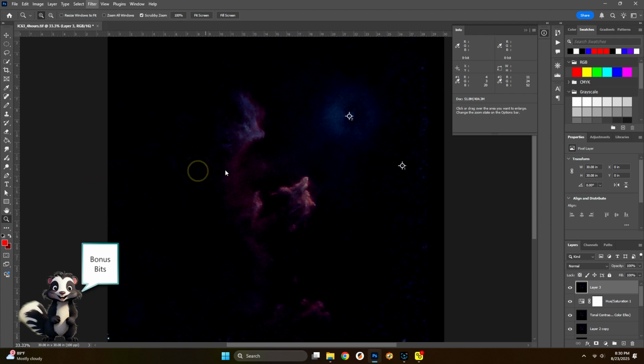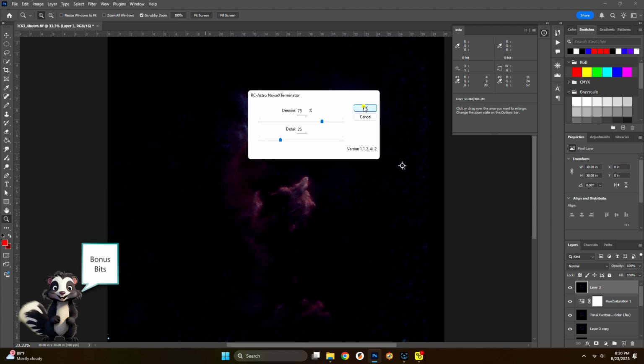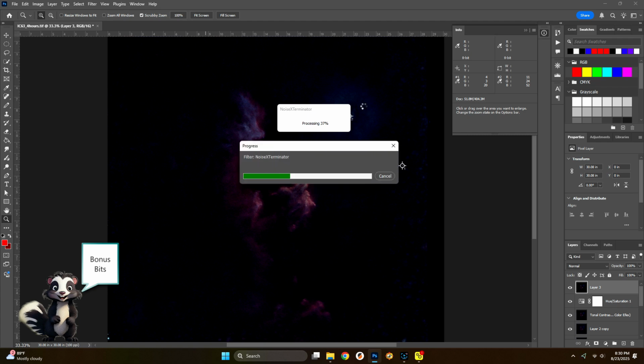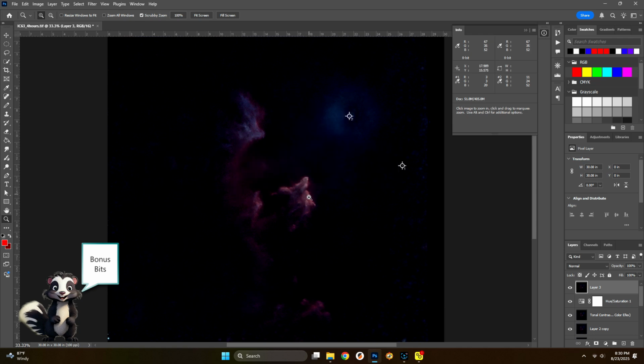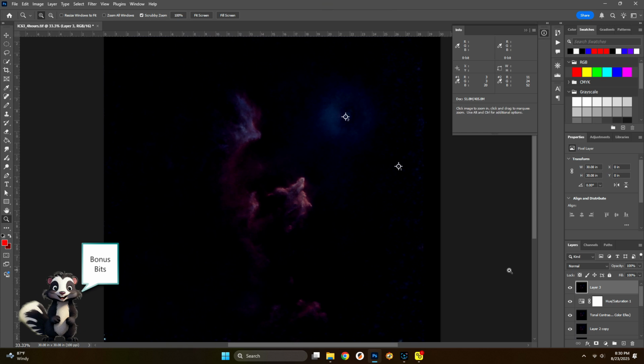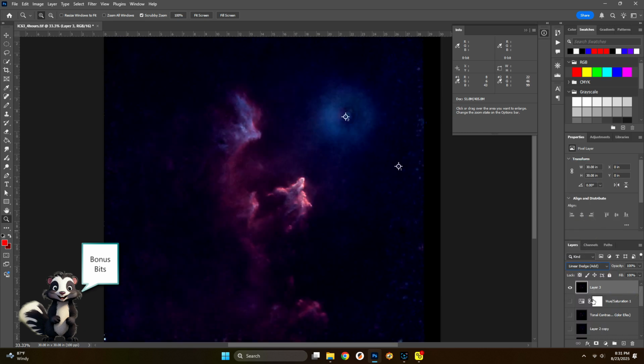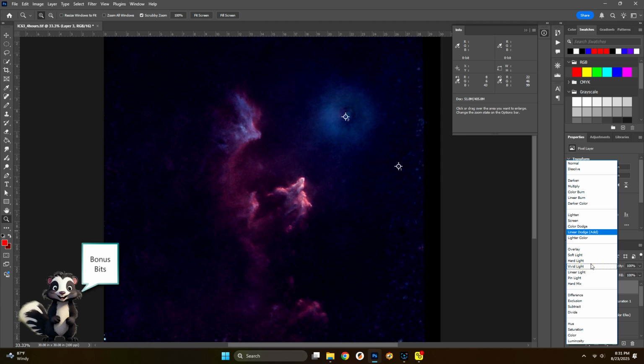And let's remove some noise, Noise Exterminator. We'll run that and then we'll reapply our stars. And hopefully I make some of the white in this pop a bit more and give it a cleaner image. Okay, I think that looks better. Let's hide all of these. Change this back to linear dodge. Add,